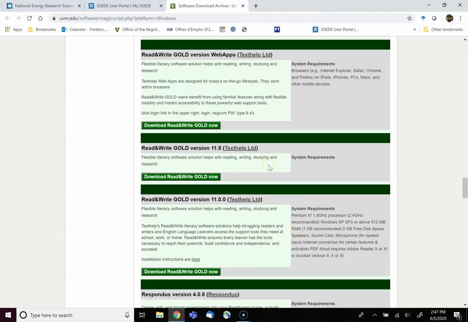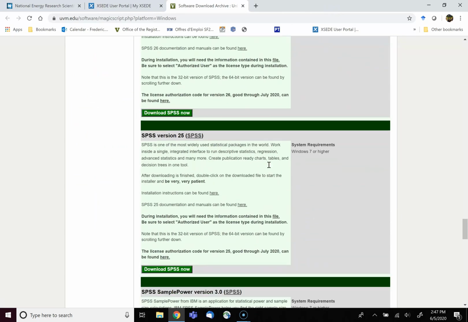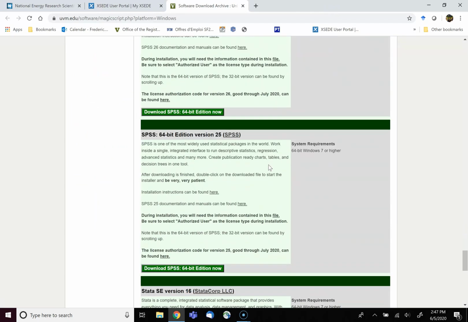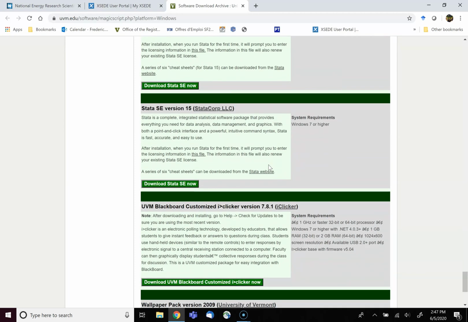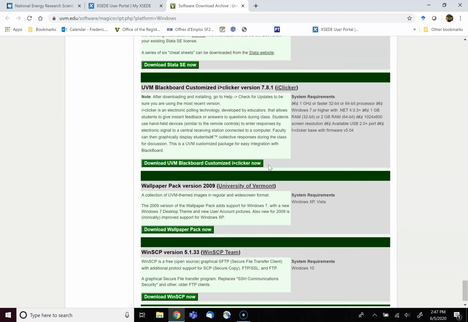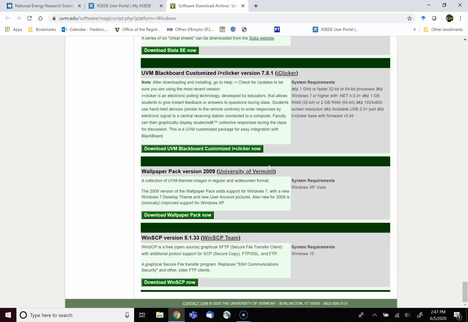Okay, the second one we need is WinSCP. That one will be used to set up, upload, and download the files from the Cori supercomputer at NERSC.